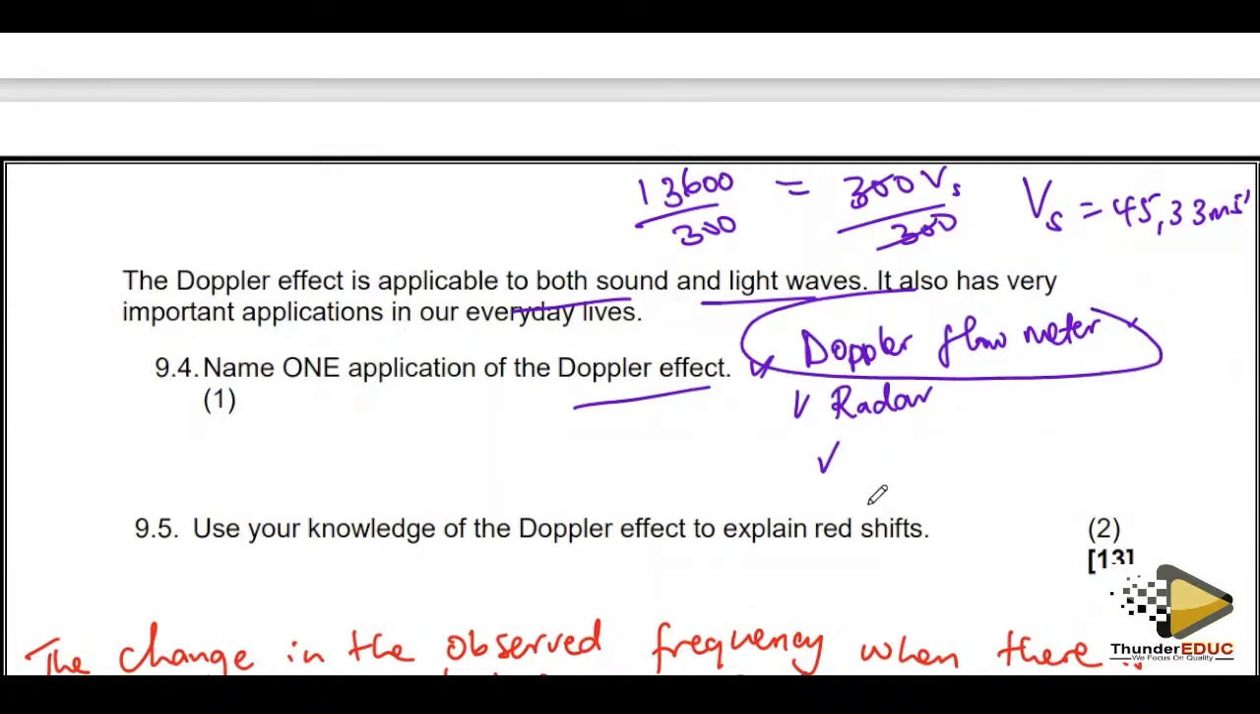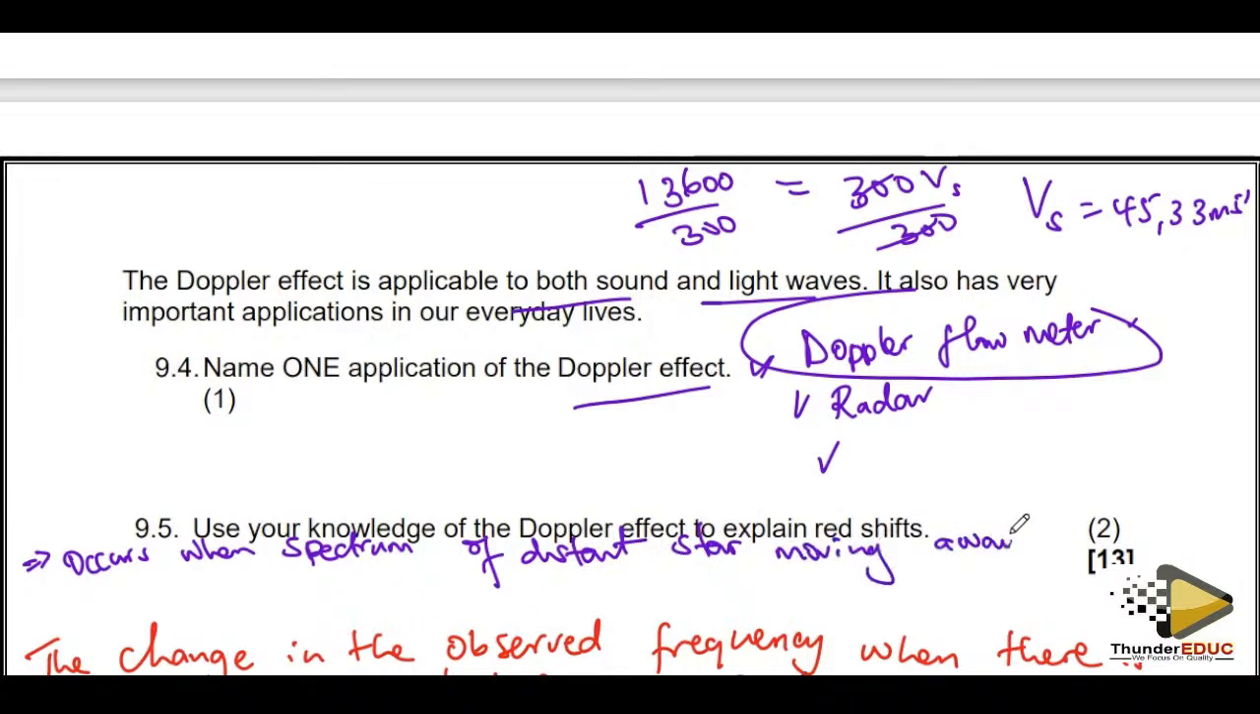The 9.5, use your knowledge of Doppler effect to explain the redshifts. So one thing that we said about the redshift is that this occurs when the spectrum of a distant star, okay, moving away, what does it do? It emits. Let's say moving away from the Earth